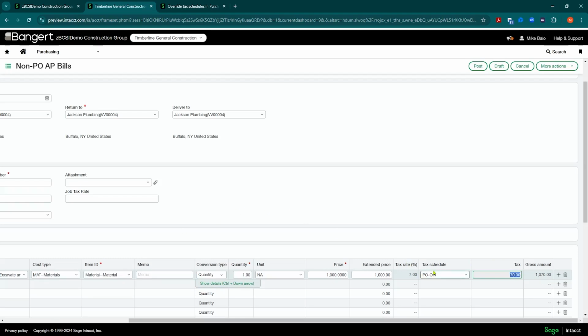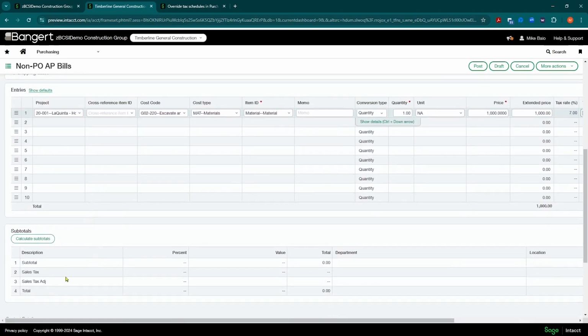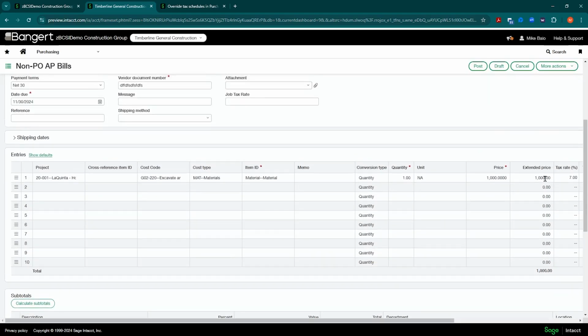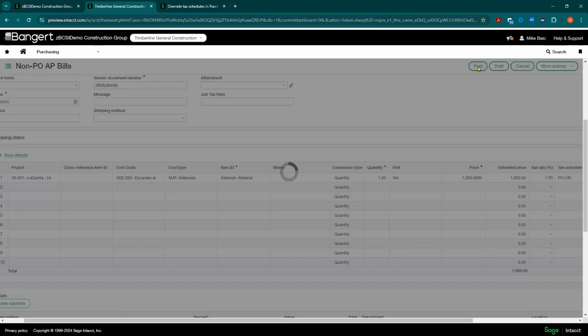Okay. So what's really nice is maybe something isn't right with this. And you can make a note and come back into the contact later to correct it. But right now I just need to get this in, and I could go ahead and override that tax schedule right here per line item. And you'll notice at the bottom, you can either click to calculate subtotals now, or when you click post, it'll go ahead and fill it down for you automatically. You do not even need to update the calculate subtotal, but I'll do it here for this demo, and you can see the correct sales tax. Now let's say, okay, let's post that.